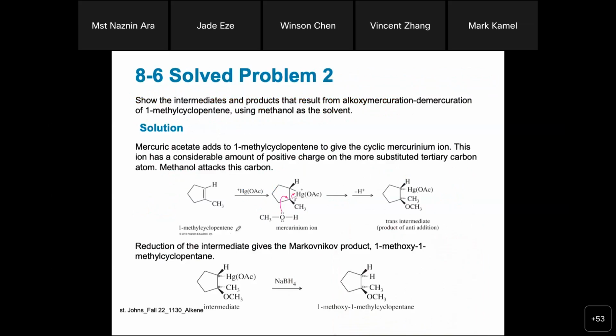This is 1-methylcyclopentene, a similar kind of reaction. First, they will make this type of bond, and they will break the pi bond, and they will make the intermediate. So let's see here, and they will make the three-membered ring like that. See the closed mercurium ion. See here the CH3 and the hydrogen. So here this ion will be added. And then this kind of